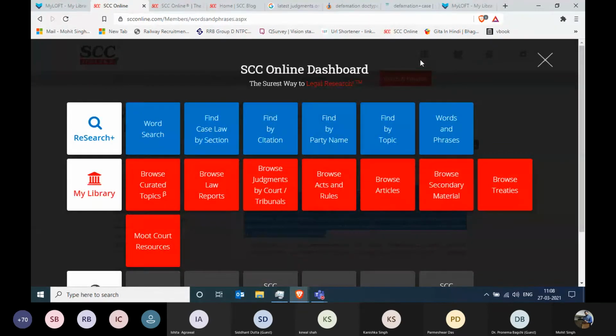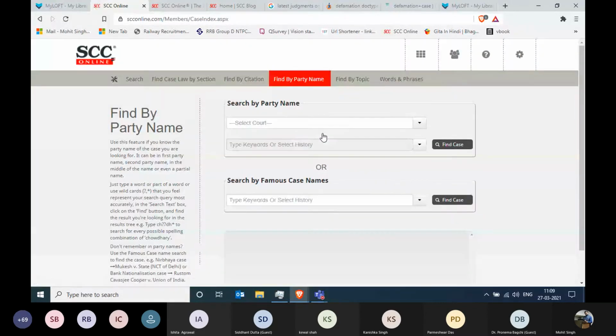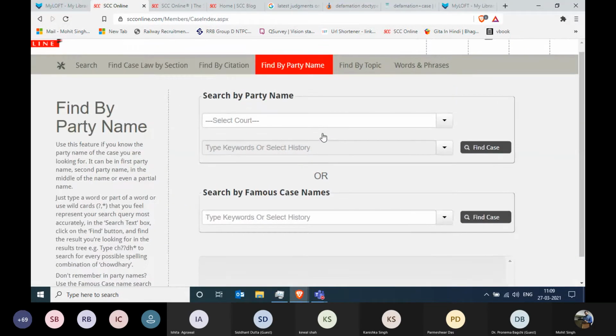All right. Now let's move to the most important aspect of today's training. That is, sir, I wanted to open a particular case via find by citation and via find by party name. 80% of the members over here already know how to do it, but there are still some important features that lie over there. All right, let's have a look at them. We go to find by party name, and now we are trying to open one particular case. Let's open this, we have seen this case recently, that is A.K. Gopalan versus State of Madras.